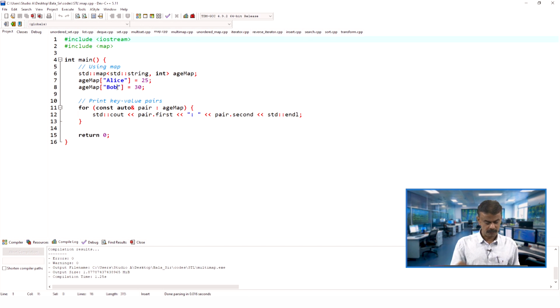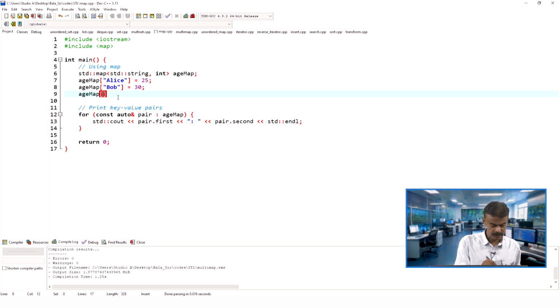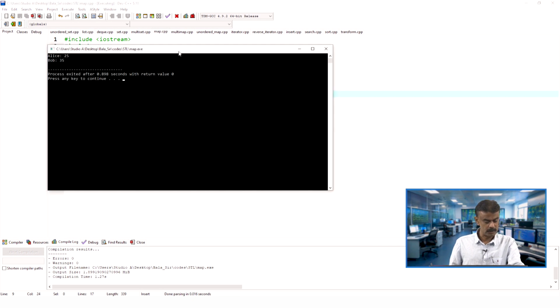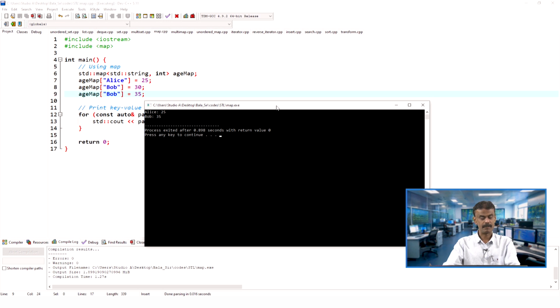We will go to the previous program. We put age map Bob, next line, line number 9: just copy line number 8 and paste it, next line, enter, age map, open the braces, same Bob. Now we will put 35, this I am testing, equal to 35, semicolon. So, what I did is I included the duplicate. Now let us see when we run the code, compile and run. So, you can see that was overridden, age map of Bob equal to 30, line number 8. So, the duplicate we cannot insert.